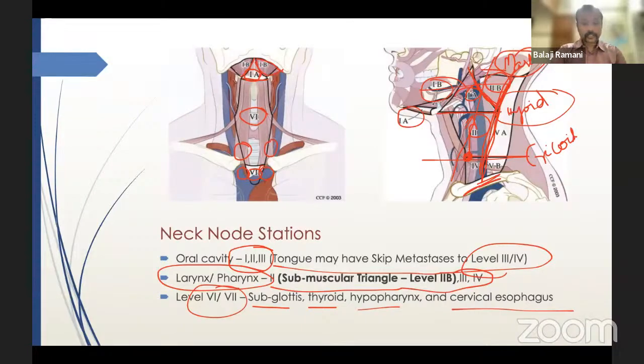Okay, so for larynx or pharynx, you will go for 2B, 3, 4, and that is known as your lateral neck dissection. Okay, now this compartment 2B is also known as